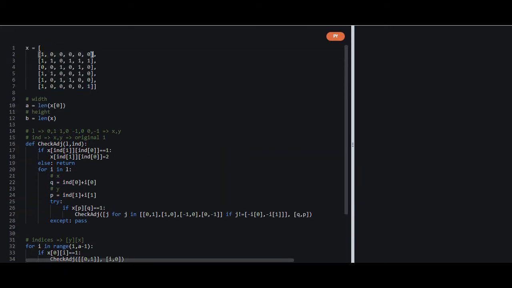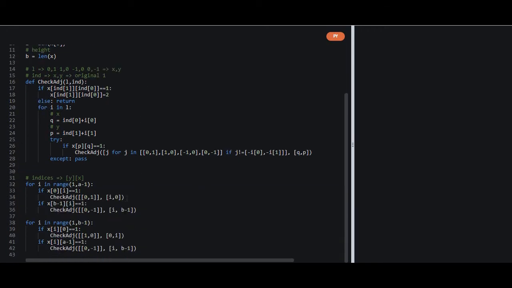So the last column will have the index a minus 1, because 0, 1, 2, 3, 4 and 5, and our length of x0 is 6. So we will have to do a minus 1 and not simply a, otherwise we will go outside the list and it will show an error. And similarly for here, we will provide the y value first and then the x value.